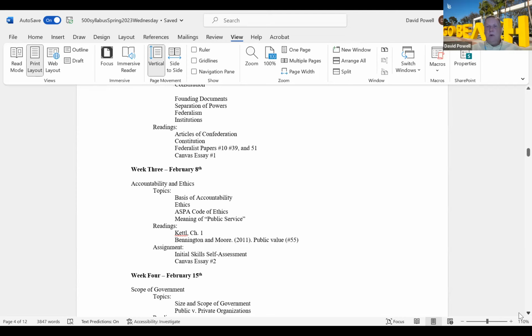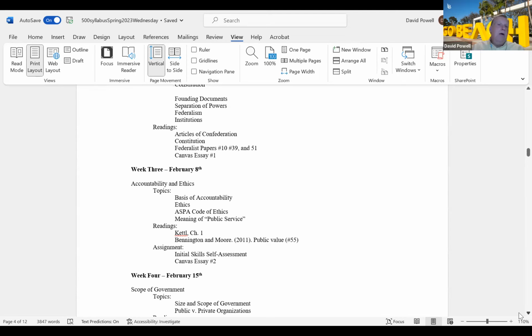Our accreditor, which is NASPA, the Network of Schools of Public Policy, Affairs, and Administration. I always get their name wrong, but NASPA. They require that all MPA programs have a focus on ethics. You can do it in one of two ways. One way is you can have a standalone required course in ethics, or you could sprinkle coverage of ethics throughout your entire core curriculum. We have chosen the latter approach, and so we sprinkle ethics throughout all of our core